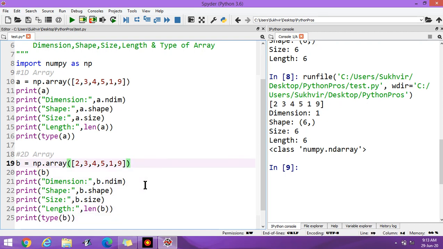For the designing of a 2-dimension array, suppose these are the 4 elements of the first row, 4, 1, 8, 7. Suppose these are the elements of the second row, and we have to place both the rows in one square bracket. It's the syntax. I repeat again. It is the first row, comma, then second row, and place these in one square bracket.